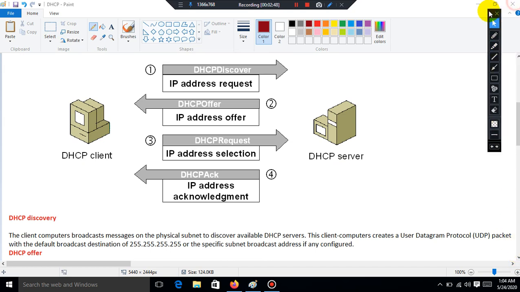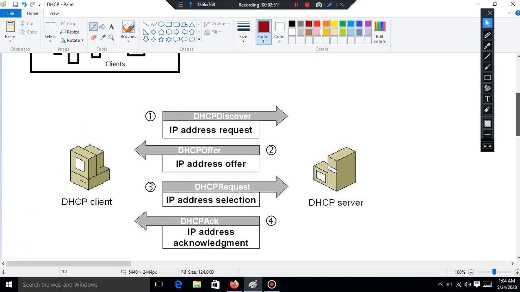So now let's understand how DHCP works. In this diagram we have one client and this is our DHCP server. We can make a DHCP server from any server or any router. So we need to add some configuration commands in our server, which we will see in the next video. Then our router will work as a DHCP server. So there are a few messages which are exchanged between client and server in the DHCP process. Let's try to understand what these messages are.